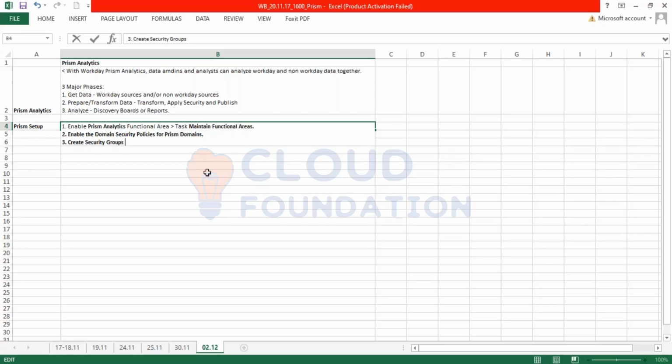So enabling a domain is different, but once a domain is enabled, you also have to give different security groups access to that domain, right? Now, this is a question: do you want, for example, a separate security group who is managing your Prism, or you want your own data administrators or data analysts or report writers to have access? So the next thing is you either create new security groups, or use existing security groups for